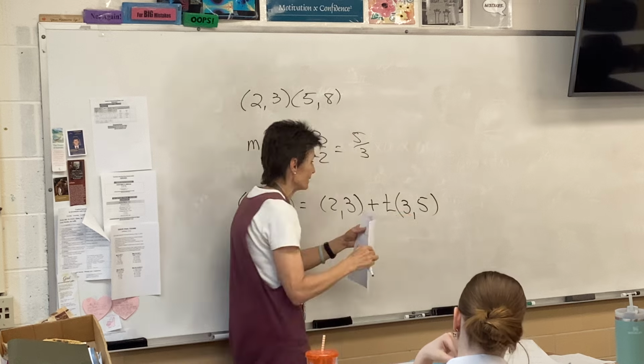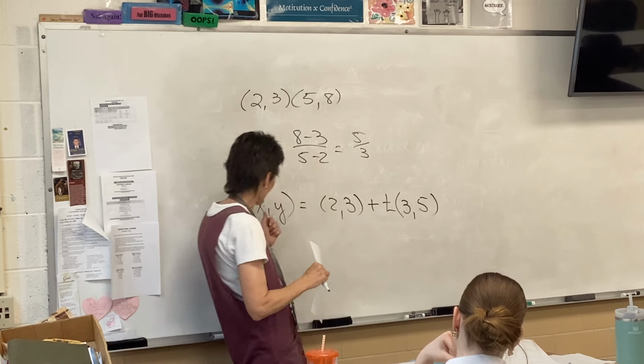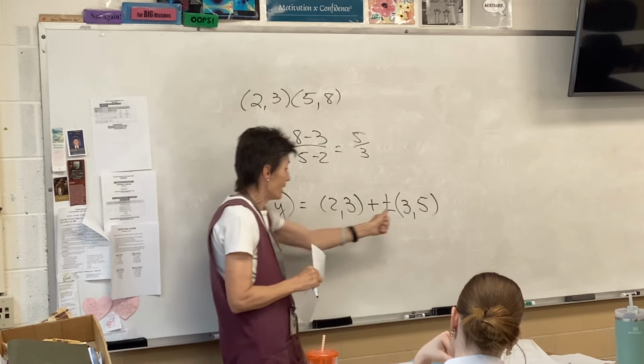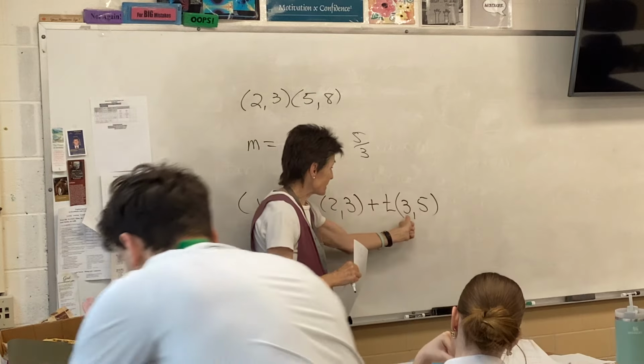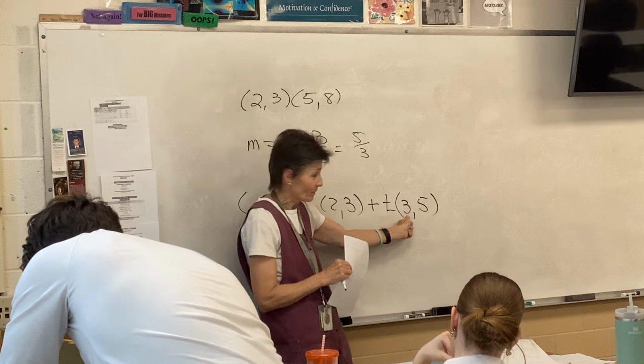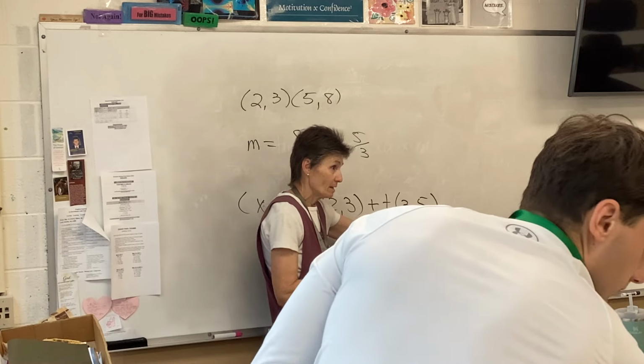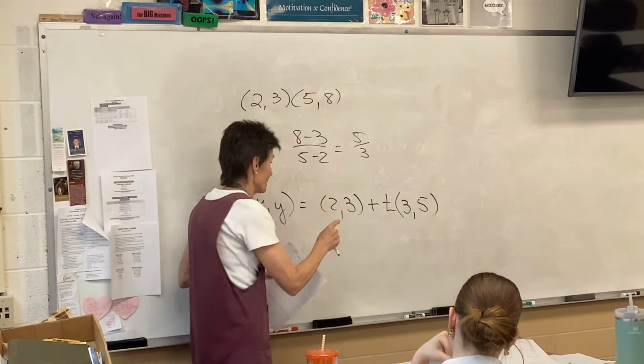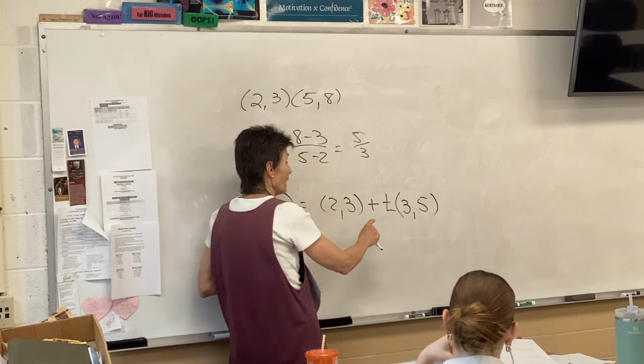Now I have to write it this way because when I write an x comma y, x comes first. So this tells me that the x motion of my line is right 3 and the y motion is up 5. So if you think about this for a second, if we let